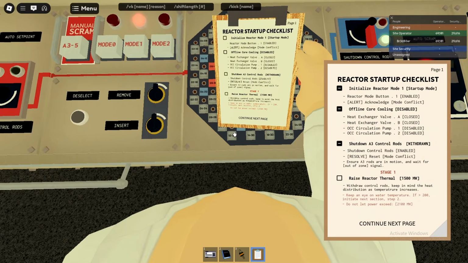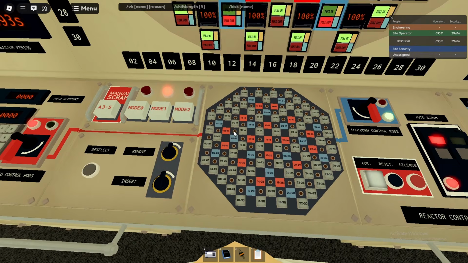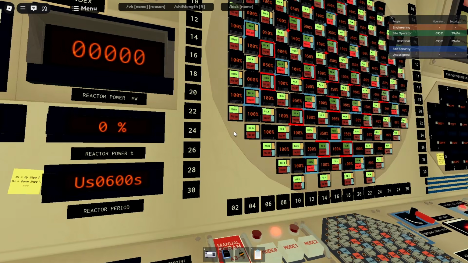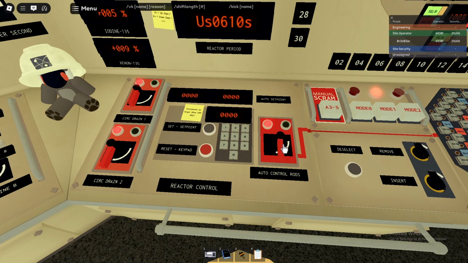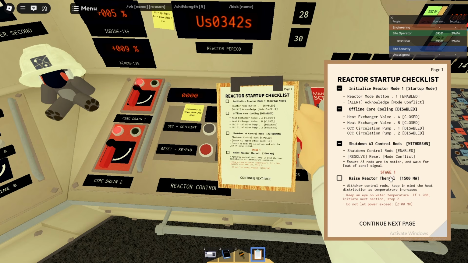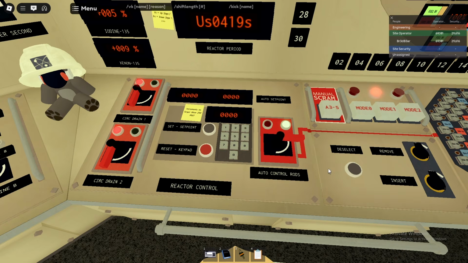So raise reactor thermal. Basically, before we start setting rods, we need to turn on the auto rods, which are the red ones as I spoke about. So let's turn this bad boy on, right? And now we have auto rods, and to get these to work, we need to put in the amount, which is 1500 at the minute. So we put in 1500. We set that,